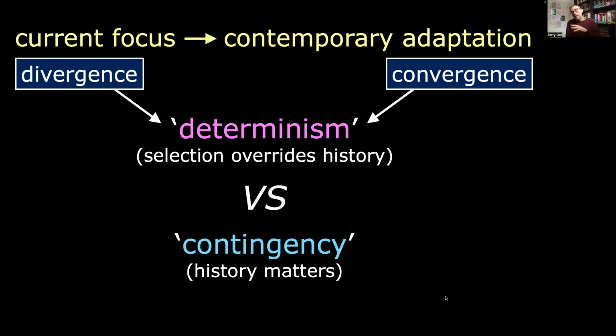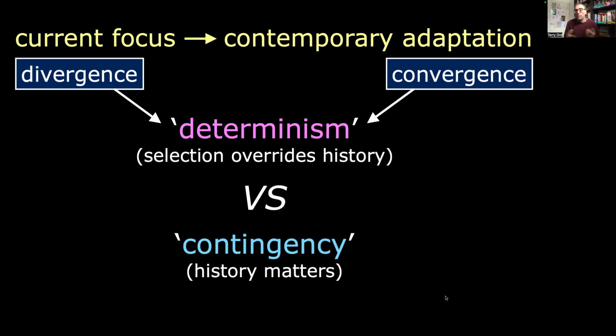So the flip side is historical contingency, which started out in the paleo world with people like Stephen Jay Gould. The notion is that because there are so many random and chance events in evolutionary history, lineages will ultimately go on to alternative trajectories and evolve alternative outcomes simply because of those chance events in their history. So if you were to replay the tape of life,